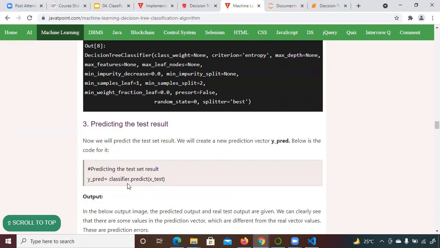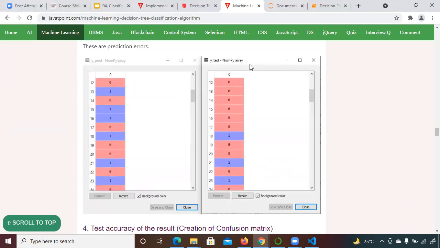When you write classifier dot predict on your test data, it will predict and print it. After that you can verify as well. You can see here it is coming 1, but here it is coming 0. This is your actual target value, and this is what is done by the algorithm. Based on that you can find out how accurate it is. See, 100% accuracy you will never get. You will get between 90 and 95%, but never 100%.